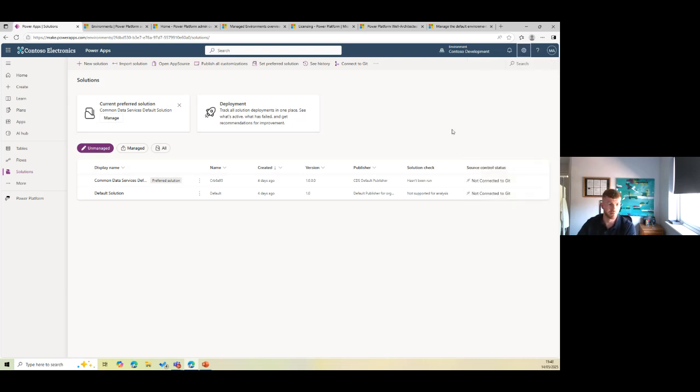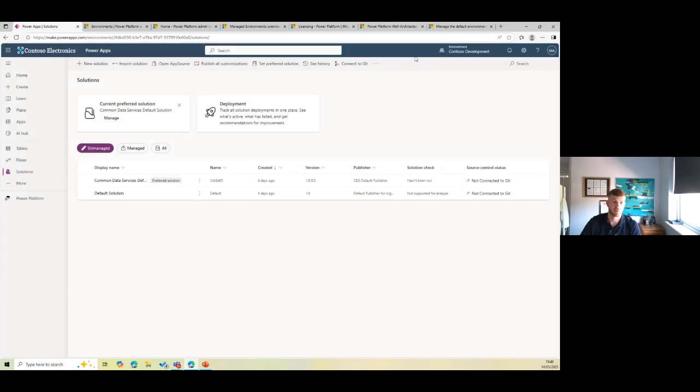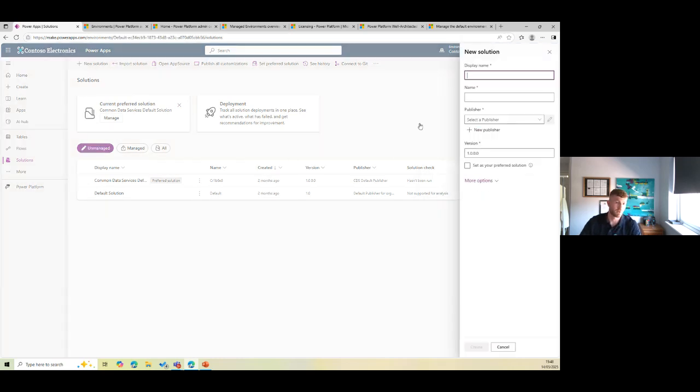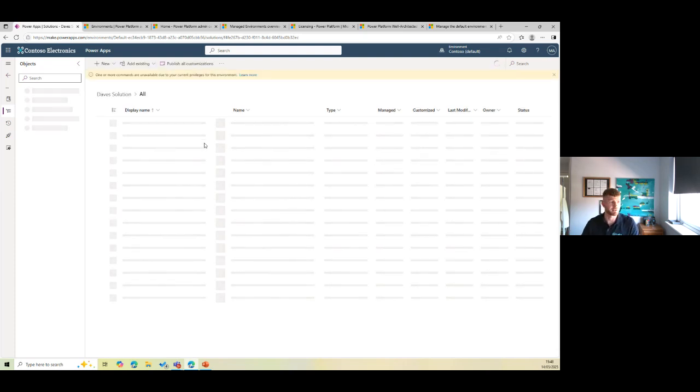But if we just took a manual approach and we created a new solution, Dave's solution, where am I in the development environment right now? Let's go to the default environment. Although we shouldn't be creating stuff in here, this is just a demo environment. Dave's solution. I'm going to use the default publisher. This is all stuff that I'd walk you through on the health check, for example. So think of the solution as your folder of artifacts that contains everything. So once this loads,